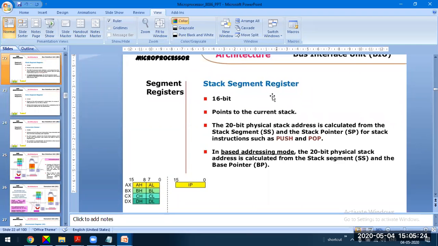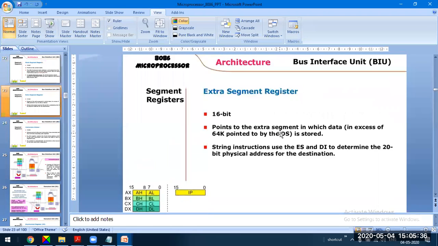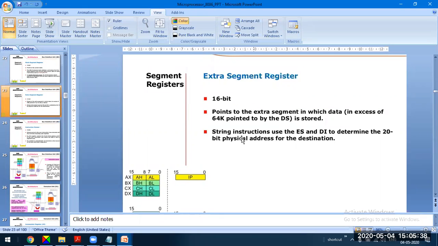For the stack segment register, the stack pointer is used, and for base addressing mode, along with the stack segment register, the base pointer is used. We will discuss this now, there is an addressing mode. And for the extra segment register, the destination index register is used to generate the 20-bit physical address, along with the data segment register and extra segment register.